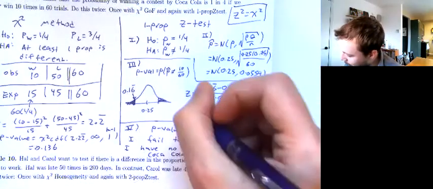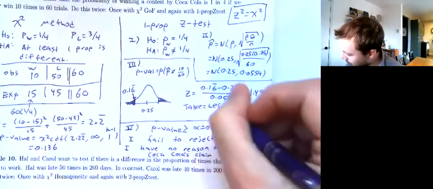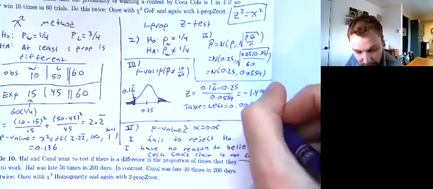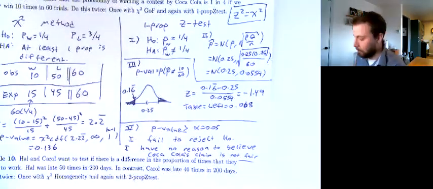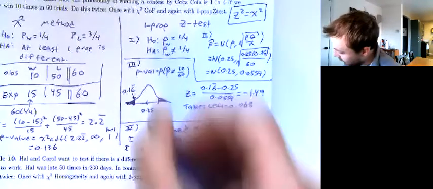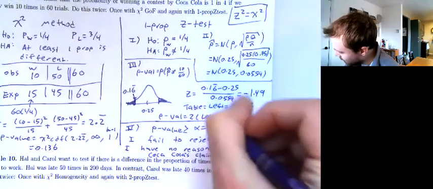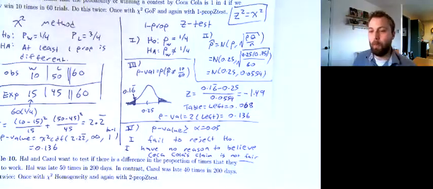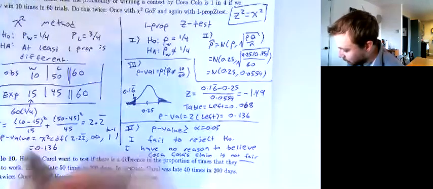I'm going to look this z-score up in a table. When I do so, it tells me that the area in this left tail is 0.068 or so. Great. I have a two-tailed test, so my p-value is going to be 2 times that area to the left. When I do 2 times this, I get something of about 0.136 or so. So interesting enough, I end up getting exactly the same p-value,